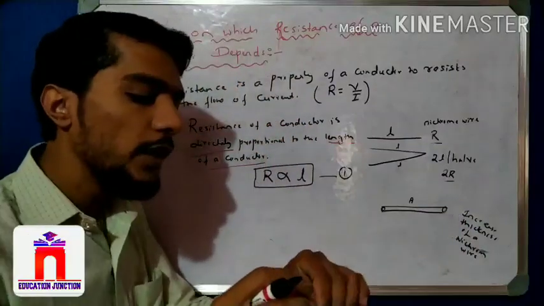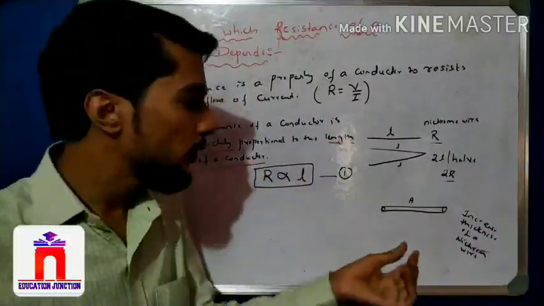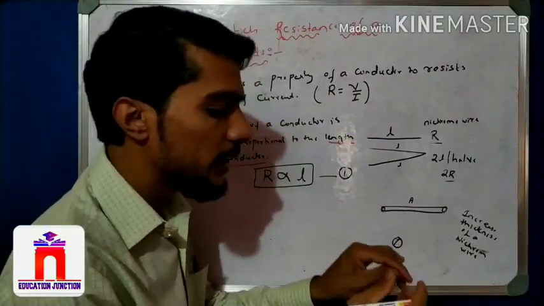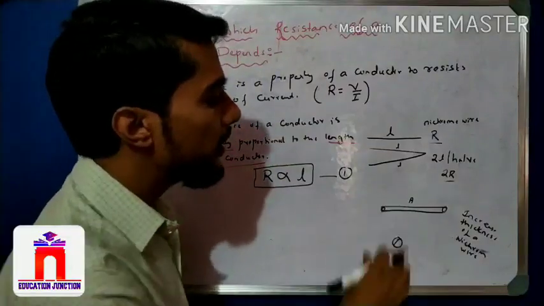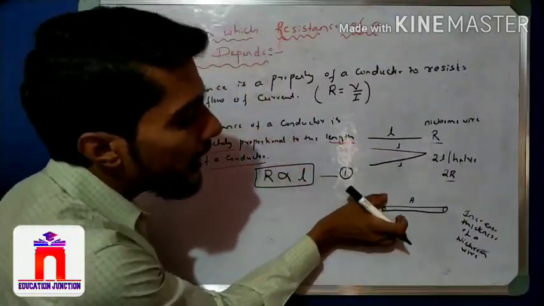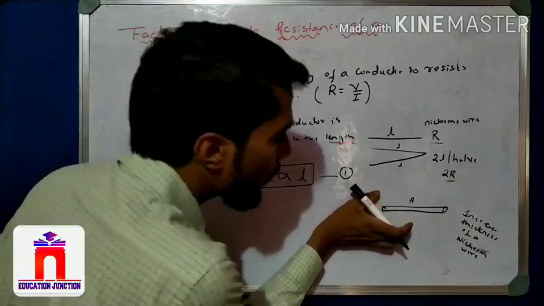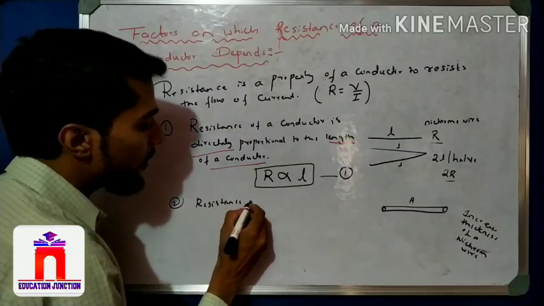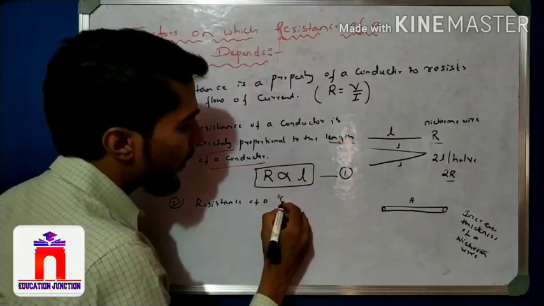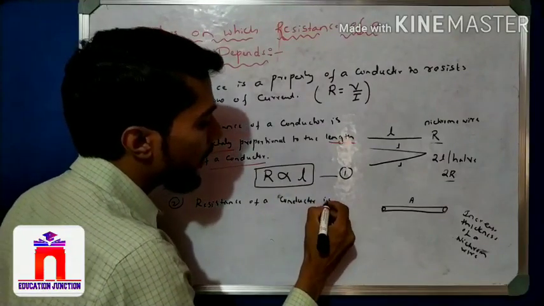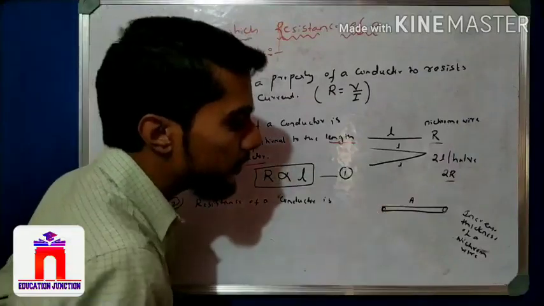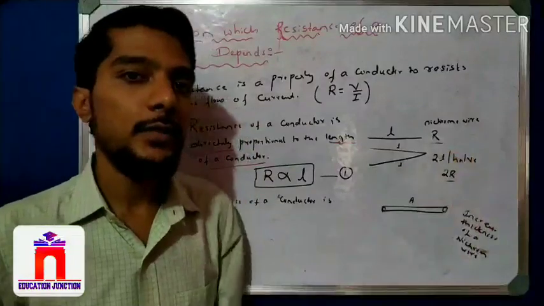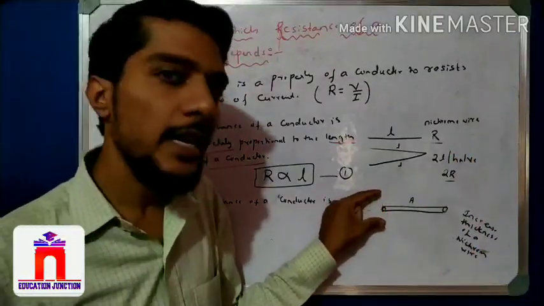Every conductor is in the form of a cylinder, so from the thickness we can find the area. The end is nothing but a cylindrical shape, and we can take the thickness there. That is the area. Whenever we increase the area of a conductor, we observe that more current flows. When I increase the thickness of the conductor, more current flows.